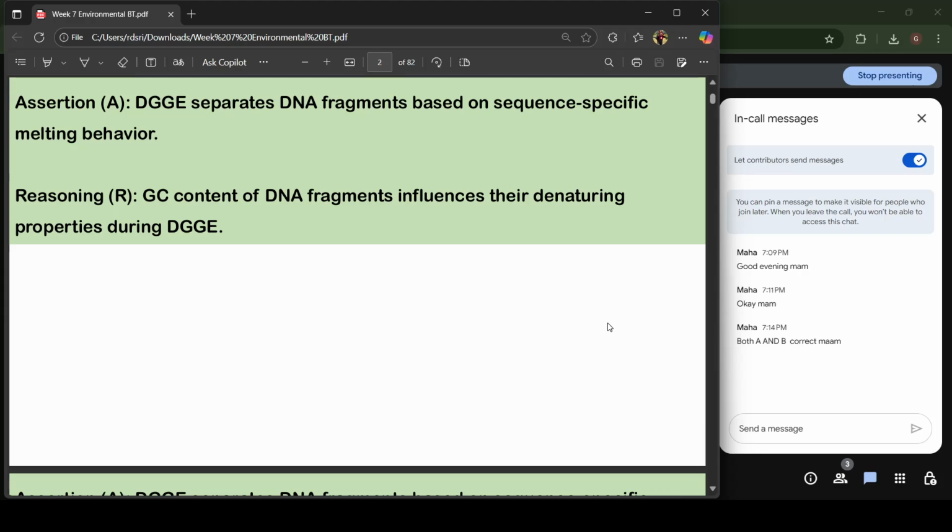That is why we are using a GC clamp in DGGE, and as the name suggests, we will be running a gel electrophoresis. The electrophoresis technique we use for separating molecules based on their size. So in this,